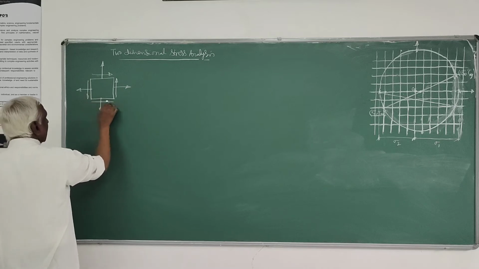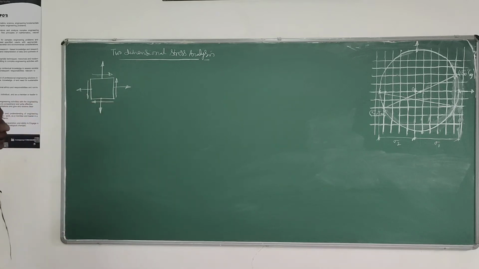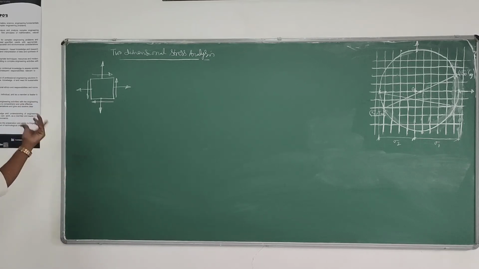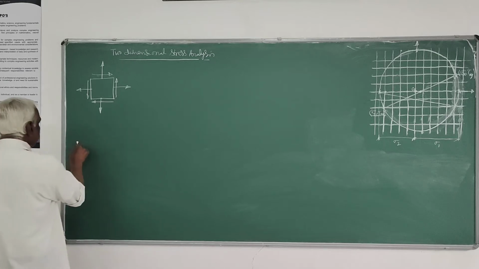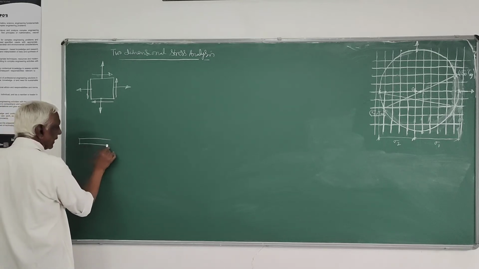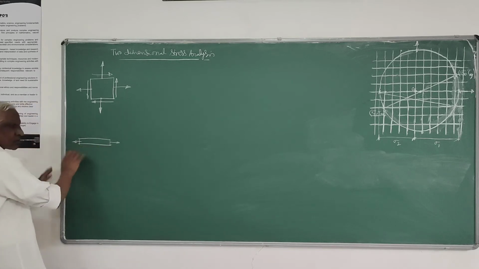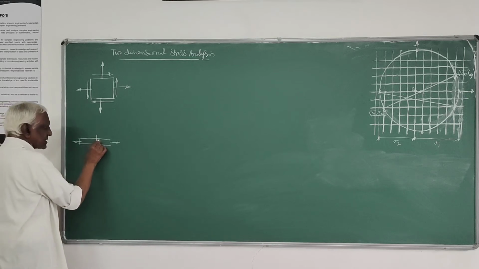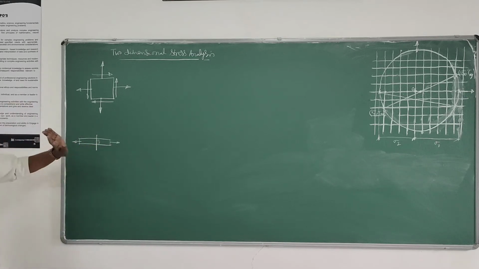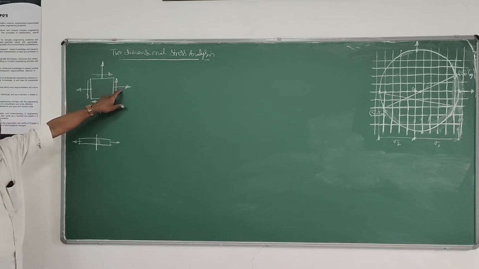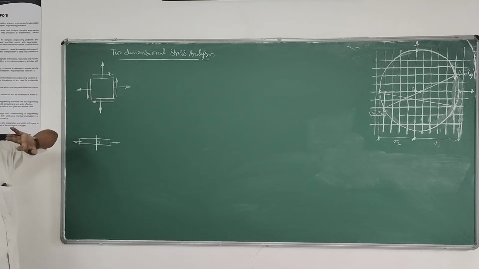So always on any plane, this you know from your applied mechanics, on any plane if you have a number of forces acting, the resultant stress will be one normal stress and one tangential or shear stress. In the case of one-dimensional stress analysis, there won't be any shear or tangential force, there will be only normal force. At any section if you take, the stress will be only normal stress. Whereas in two-dimensional state of stress, there will be two normal stresses in general and one tangential stress.